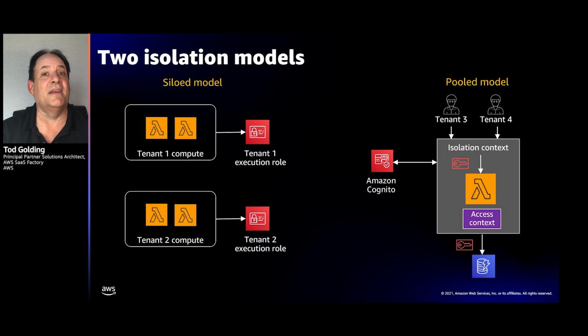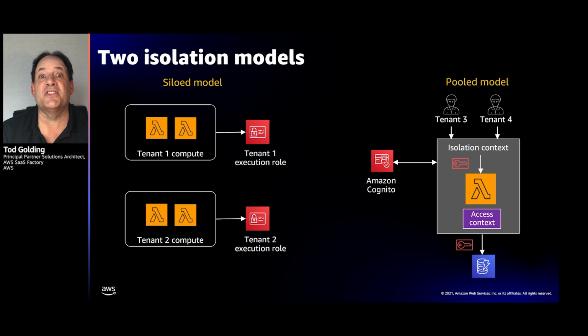And in a pooled environment, if you look at the Lambda function, when this Lambda function is deployed, it has to be deployed in a much wider context. It can't have a really narrow execution role. It has to have an execution role that's valid for all the pooled tenants. So now in this mode, instead, we have to resolve all of your scoping and your access and your policies for isolation at runtime here, right? So here now, when the code makes a call into here on behalf of tenant 3, we have to resolve what the policies are for tenant 3, get those credentials, and then apply them in the code of our application.